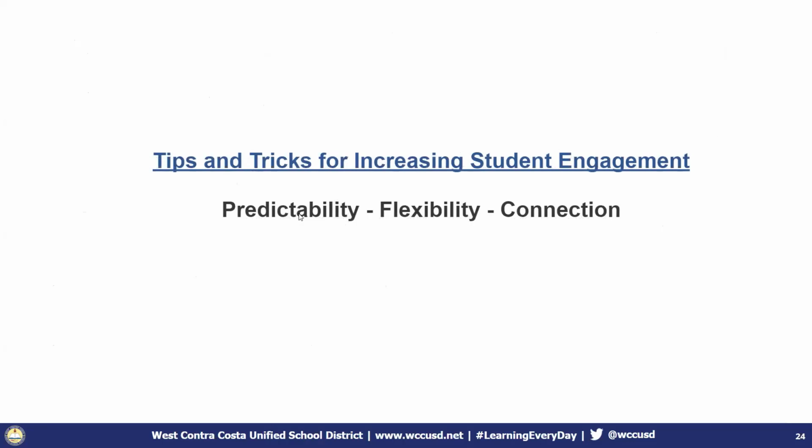So this one I'm not going to go into, but when you get the PowerPoint, you can go back and peruse. It's tips and tricks for increasing student engagement, and it's a lot of really neat strategies. So you can always go back and look at that and pick the one that works for you. Many times when we give people different strategies, I always say, oh, that's not really me. You know who you are, you know your personality. So pick the ones that you feel comfortable with, because you want it to be authentic and feel comfortable. Next slide.